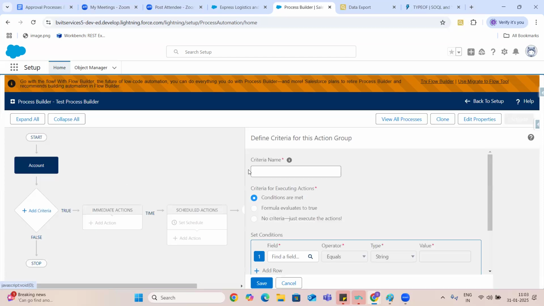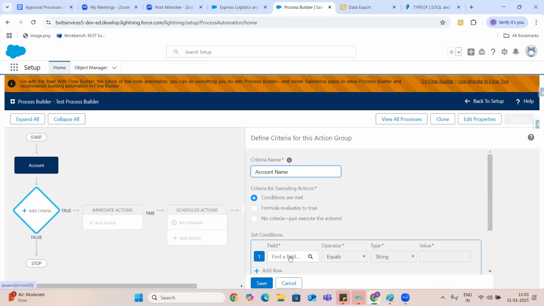Okay. And add criteria. And this is where we are going to give some conditions, guys. Okay. The same way, account name check. The same thing that we have configured in workflow.